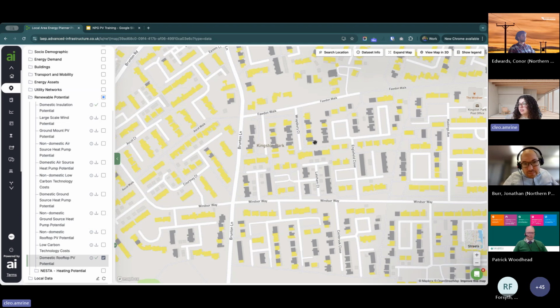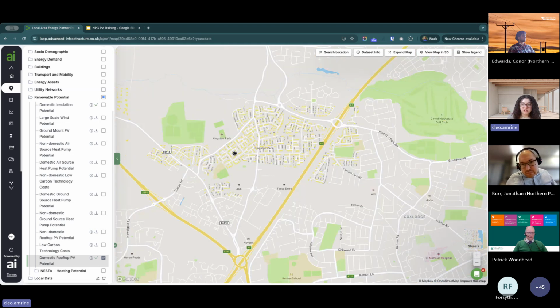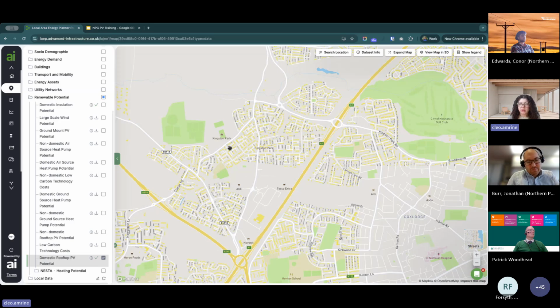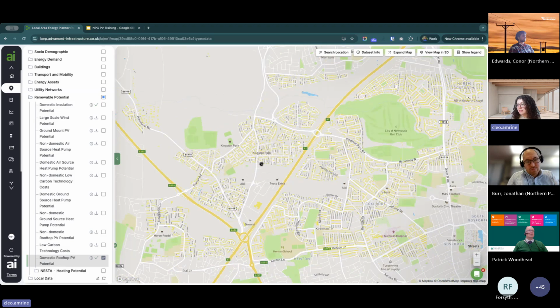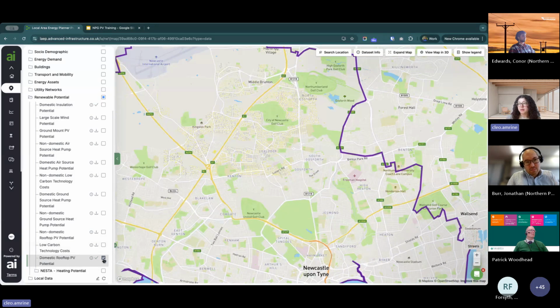So there's quite a few data sets in there that you might consider alongside potentially your own data sets that you've uploaded to the tool when you're looking at deploying on domestic properties for PV. But obviously there's quite a few things that you'd want to consider there. There's a range of different data sets that we looked at, and you want to be able to combine those insights.